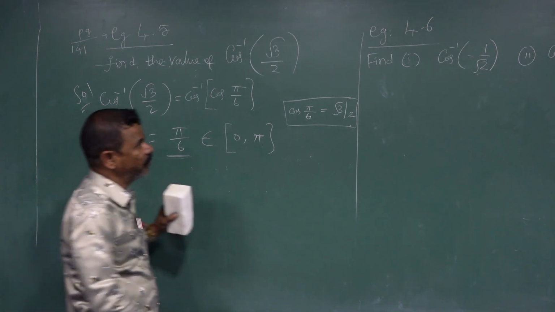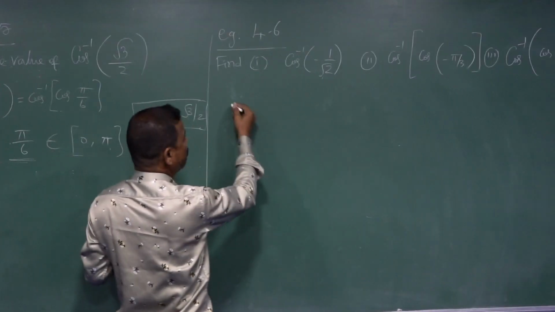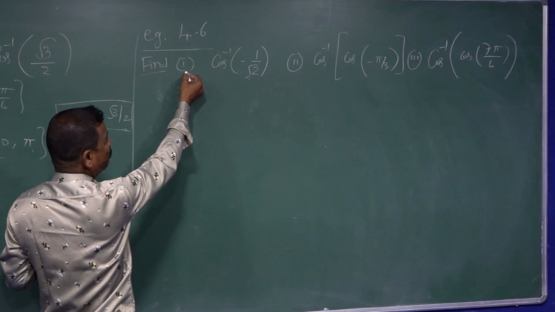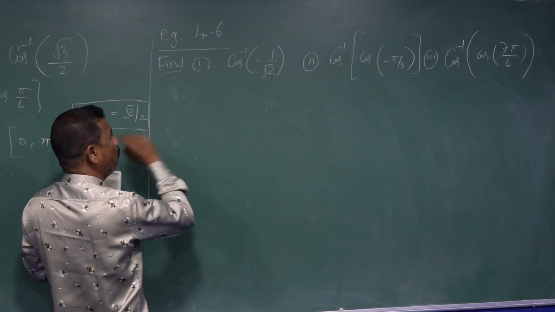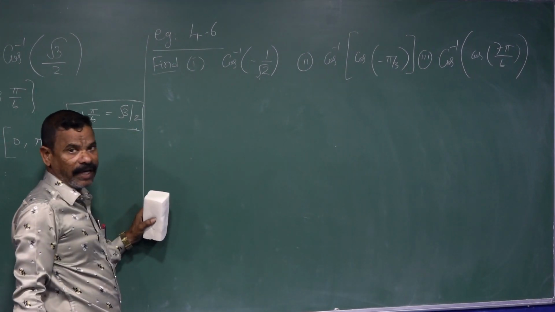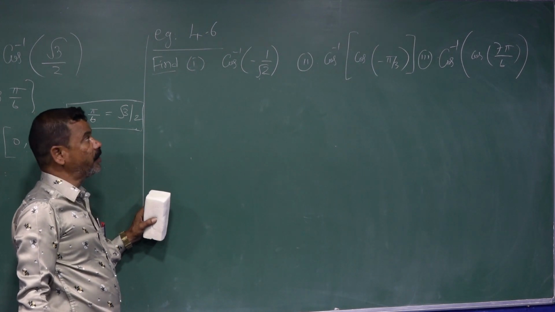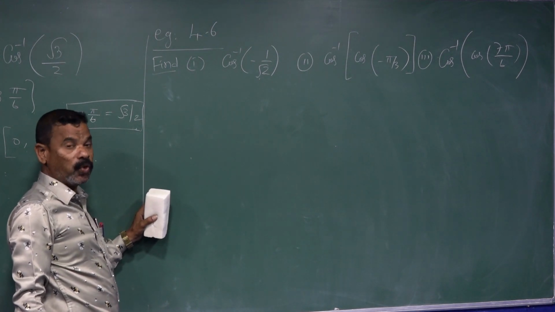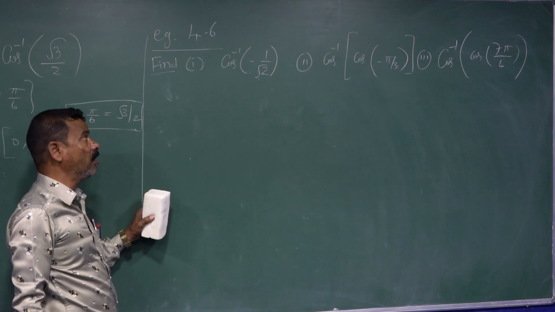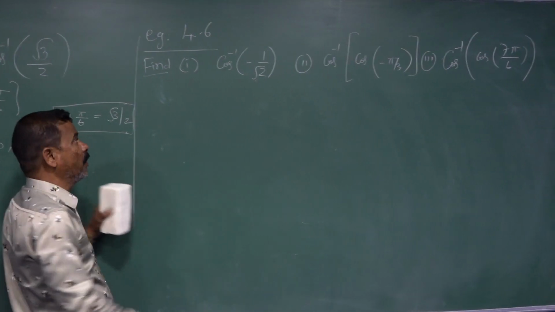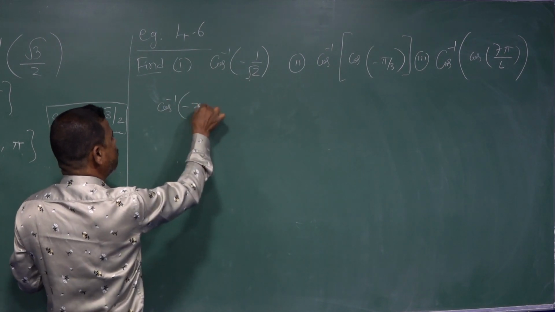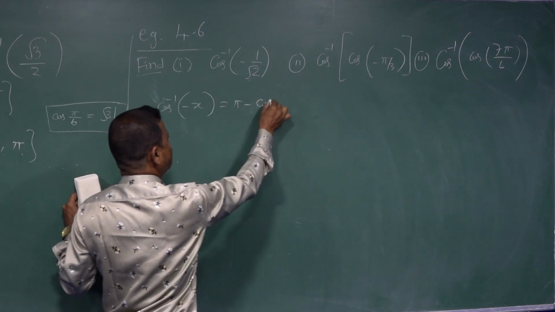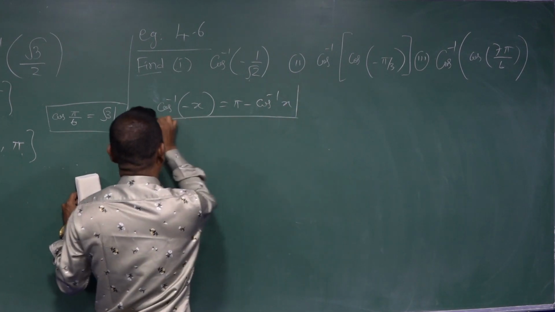After that, come to here. Similar to this, find the value asked here also. So here cos inverse of a negative value is given. Instead of negative, what do we do? There are two processes: with the direct formula, and without the formula. Here the direct formula: cos inverse of minus x is equal to 5 minus cos inverse x is the correct formula.